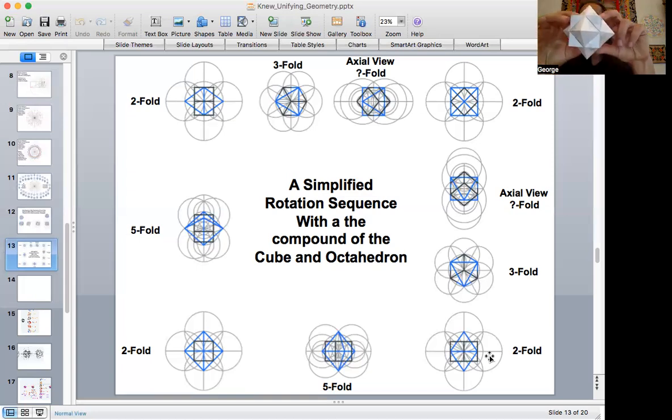of the two forms. So here's my cube. I just went like this, and then I went over here to the edge view of the compound. Okay, so now I'm here at the edge view. Now I can rotate this way, and if I do, all of a sudden I'm going to get to the hexagon view of the compound of the cube and the octahedron